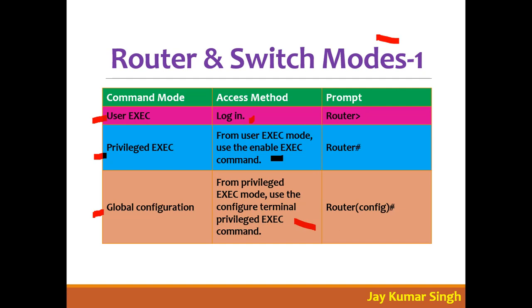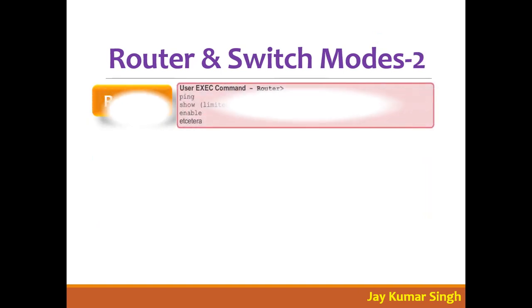And how it looks like, see, this is the user mode, this is the privilege mode, and this is the global configuration mode, or global mode you can say. Now suppose I am in user mode and I want to come to configuration mode. Can I directly jump there? No. You have to go by process. And maybe I am here, can I directly go to user mode? No. Again, exit like that, then I can come here, right?